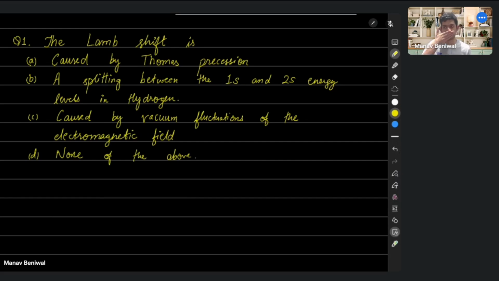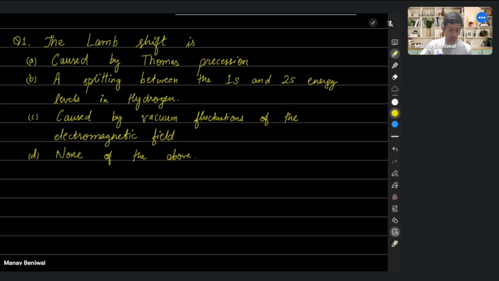Okay, so this is the first problem. So this first problem is about Lamb shift, which was discussed in the class,